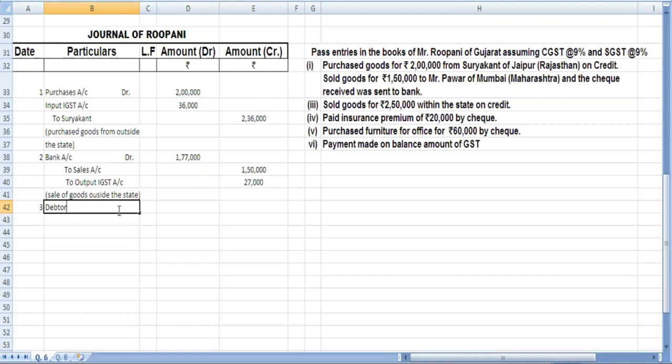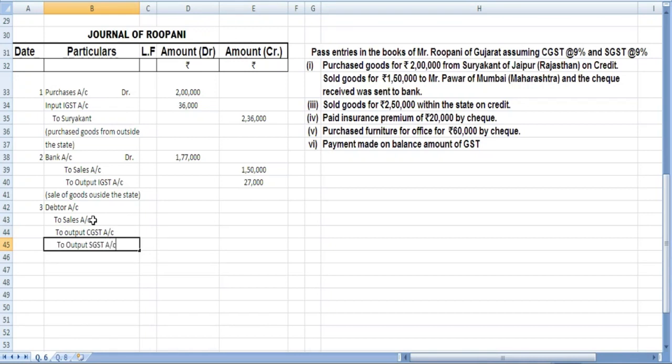Okay, so debtor account will be debited to sales account to output CGST account